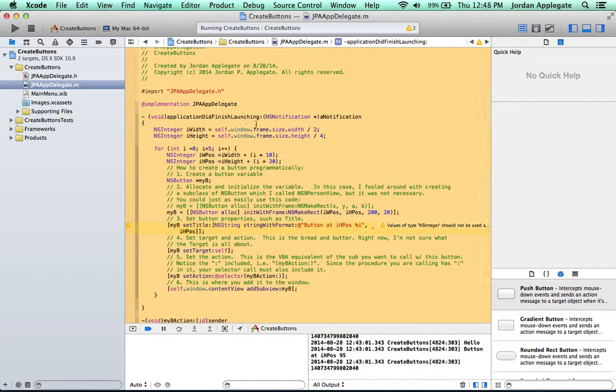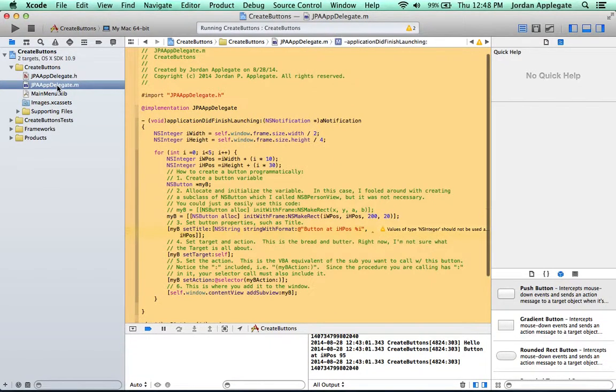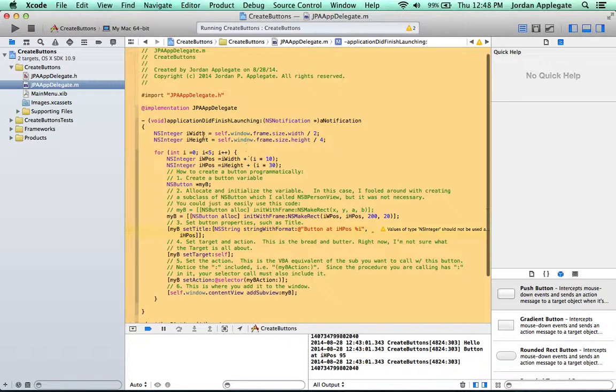This is a clean program that I just created. I haven't added anything to the H file. I've only added this code to the M file. And the nib is blank. So, in the application did finish launching procedure,